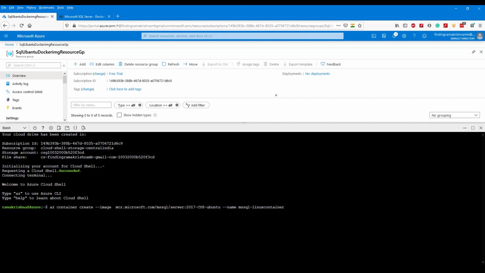Now specify a resource group for the Azure Container Registry, where we are going to create this container registry. Give the resource group name we previously created, that is the SQL Ubuntu Docker image resource group. Just copy paste it.